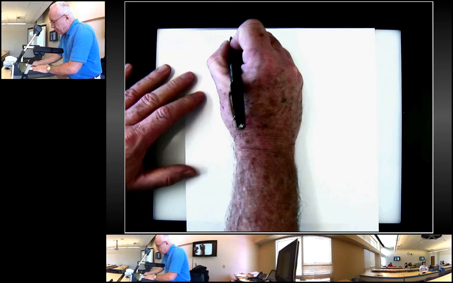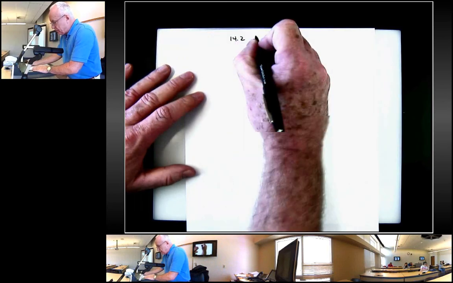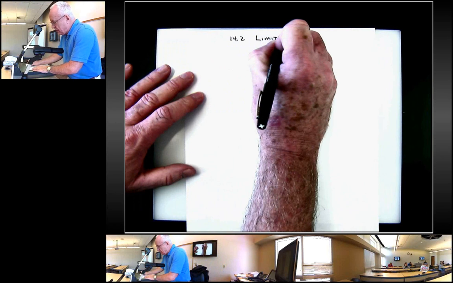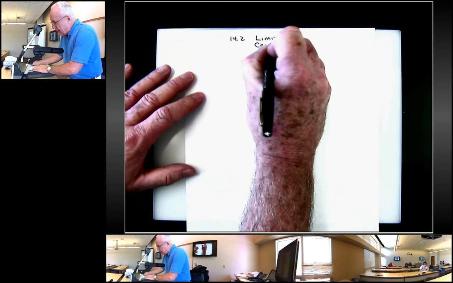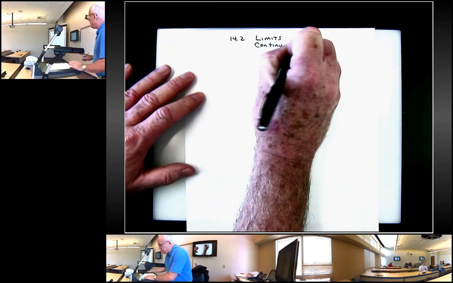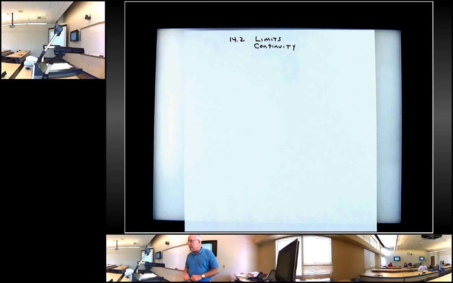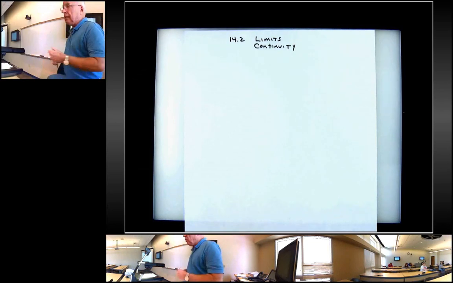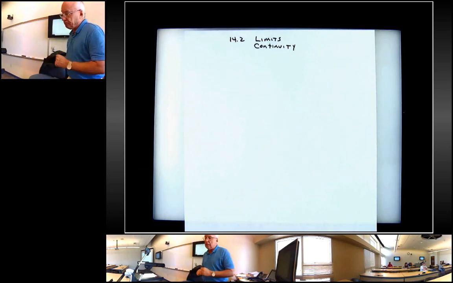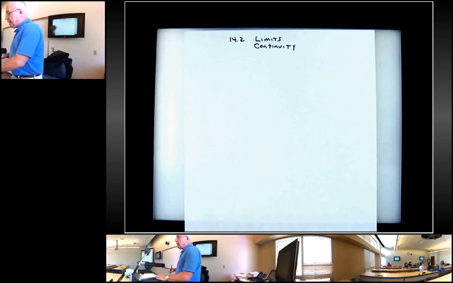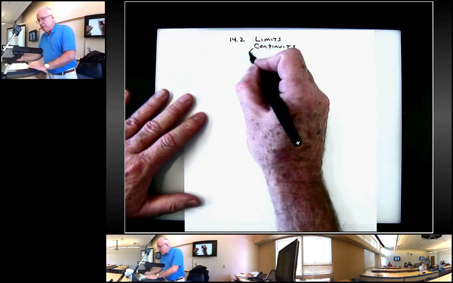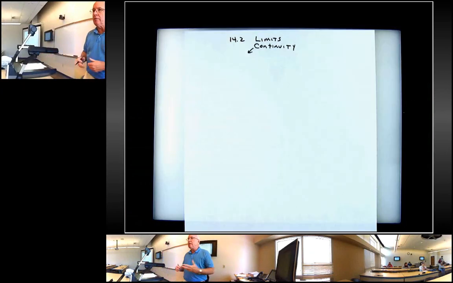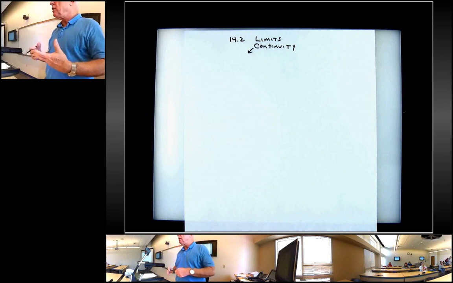So 14.2, limits and what's called continuity. Now, I gave definitions of those last time. We'll be working with the limit definition today. As far as continuity is concerned, let me just say in very broad terms that a function is continuous